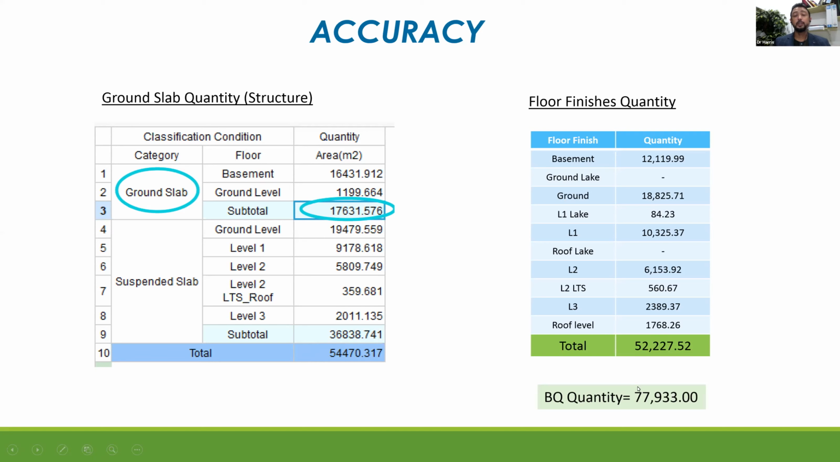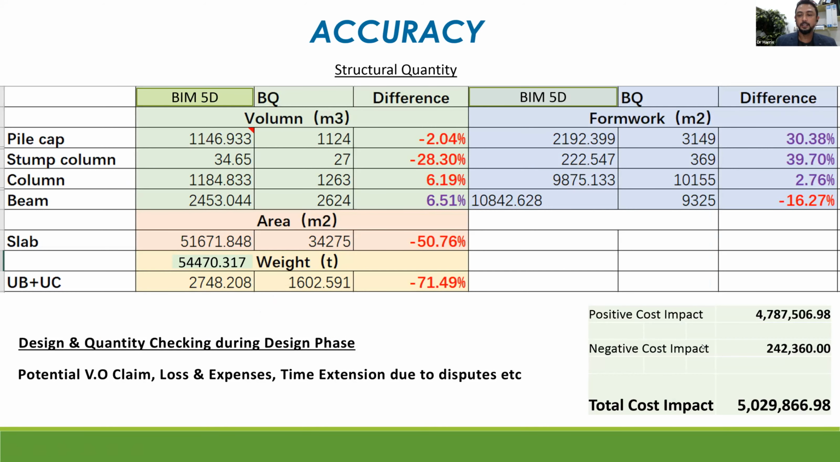So this 25,000 extra quantity in the BQ, can you imagine when the contractor put in the price? So this is another proof of quantity takeoff. So you can see here,